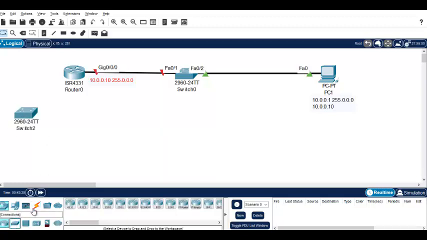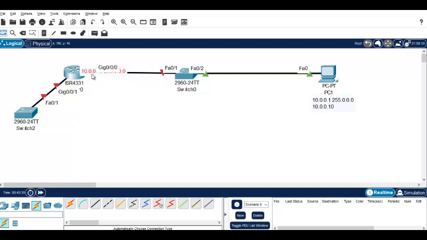G000. And put the IP address here. IP address 10.0.0.10, subnet mask 255.0.0.0. That's it. See, this is called as